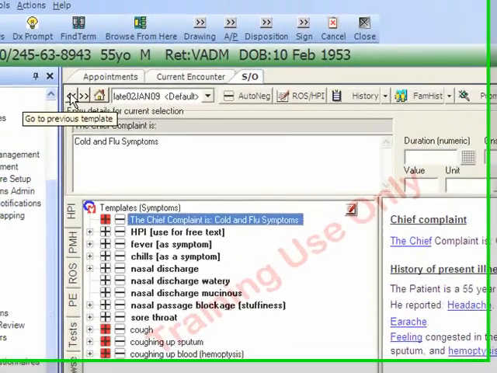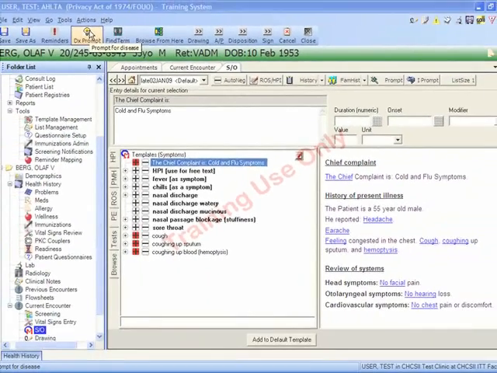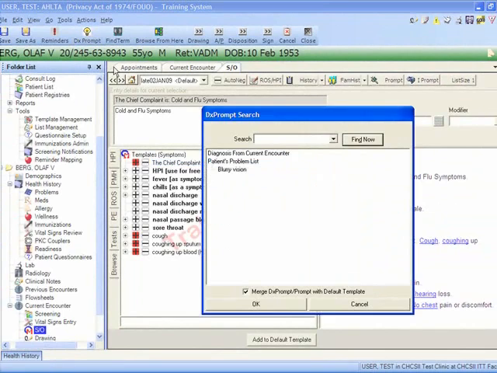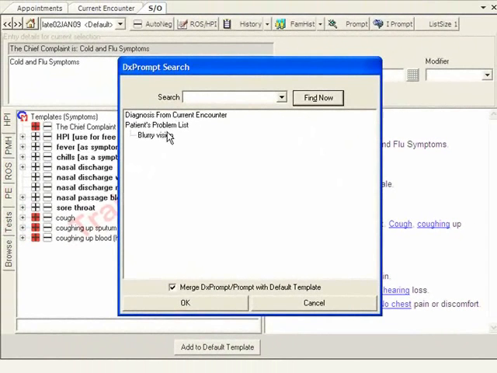Additionally, in the SO documentation, the DX prompt that we find up here on the action bar has been enhanced as well. So we'll click on DX prompt, and it opens up a new box where I can search for items. But what we see here is that it also now includes items from the patient's problem list and the diagnoses from the current encounter. So I don't have a diagnosis, so that does not show. But we can see that the patient already has blurry vision